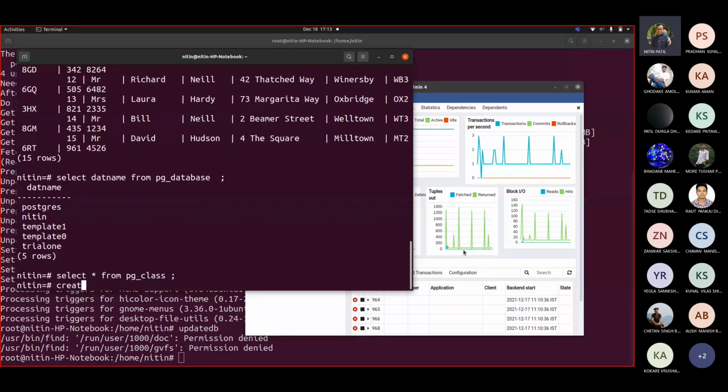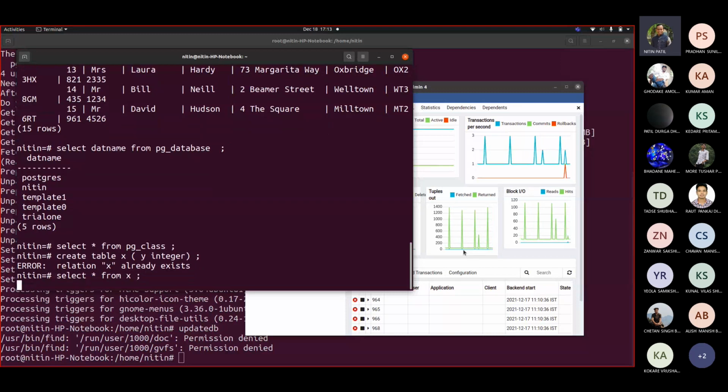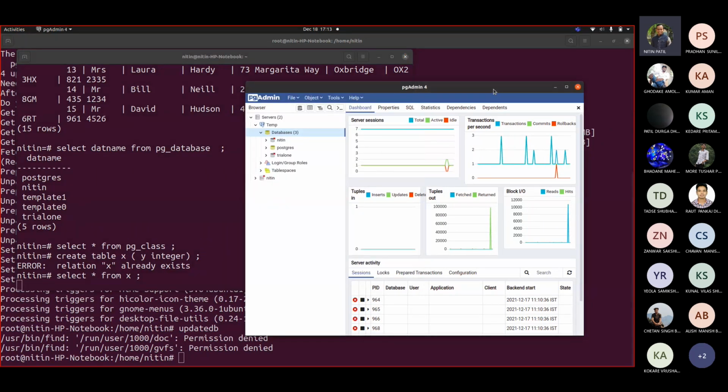Create table x with y integer. We will use similar tactics. We have already got it. So select star from x. Now you would be seeing how much time it is taking. Suddenly your UI parameters are changing. You can see that, correct.